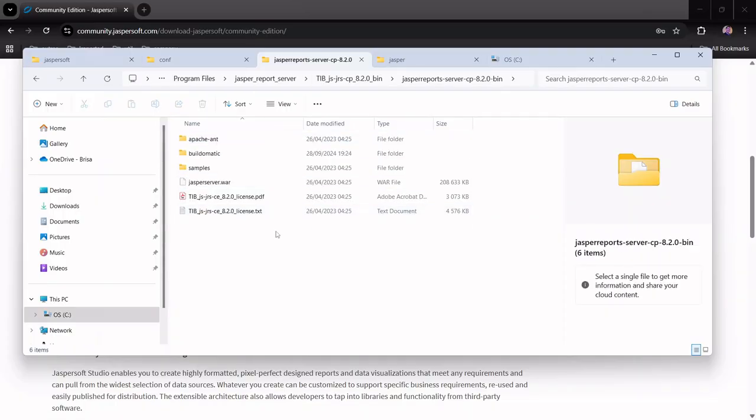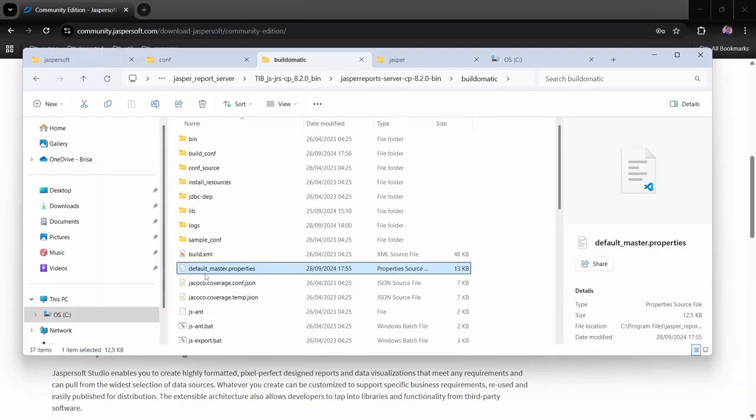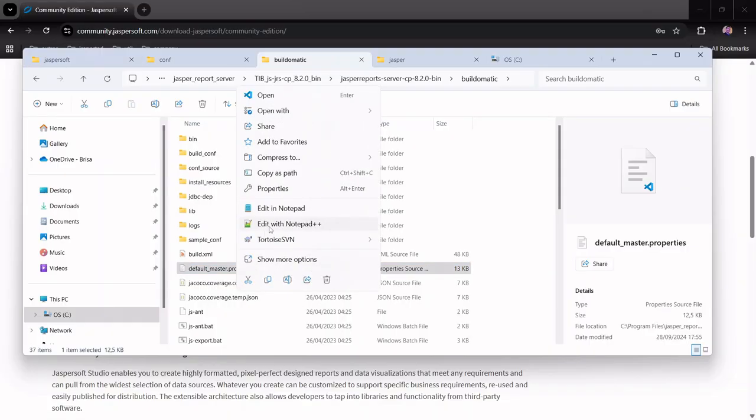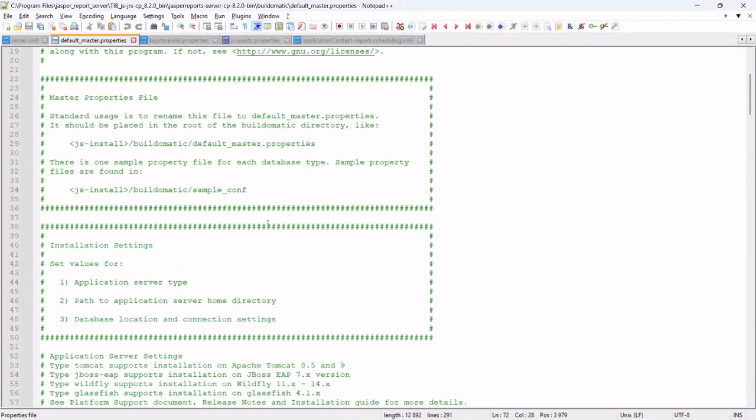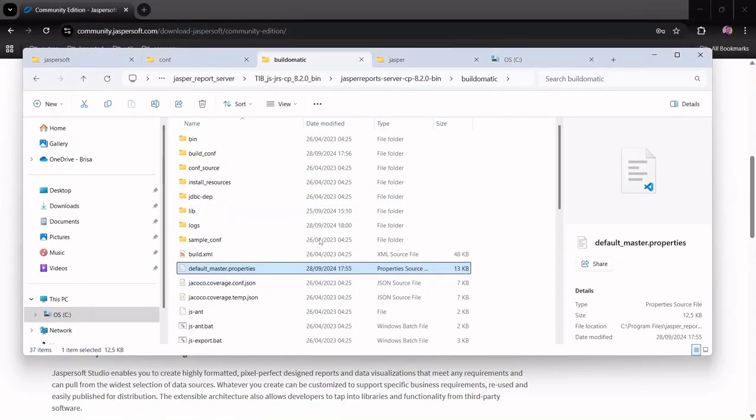So now in the buildomatic, we need to make some changes. For example, probably you don't have this file, default_master.properties. So you need to create this file if you don't have it,